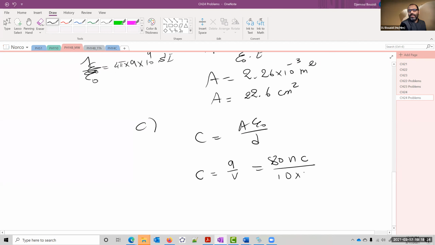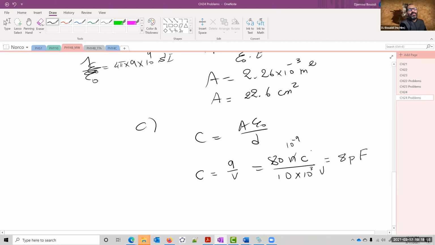So if I use these numbers correctly, the nano is 10 to the negative 9. And 10 to the positive 3, so it's going to be 10 to the negative 12. And 80 divided by 10, that's 8. So this answer is going to be 8 picofarad. Okay? Because this is a 10 to the negative 9, but then I have to divide it by 1,000, so it's going to be promoted to 10 to the negative 12. So it's an 8. 80 divided by 10 is 8. Okay? So it's 8 picofarad. This should also give me 8 picofarad.